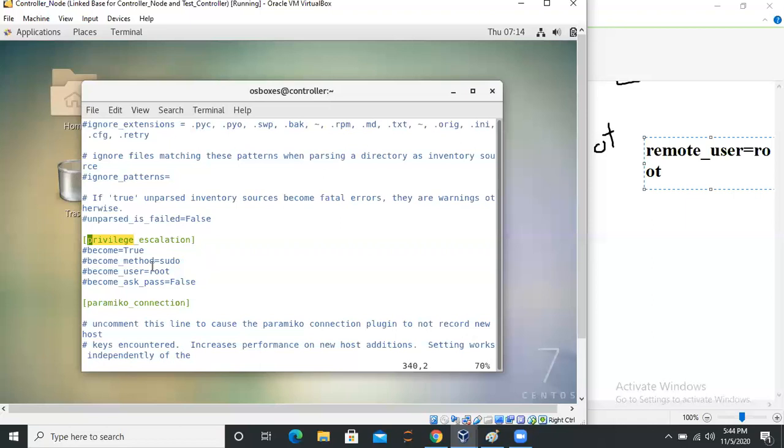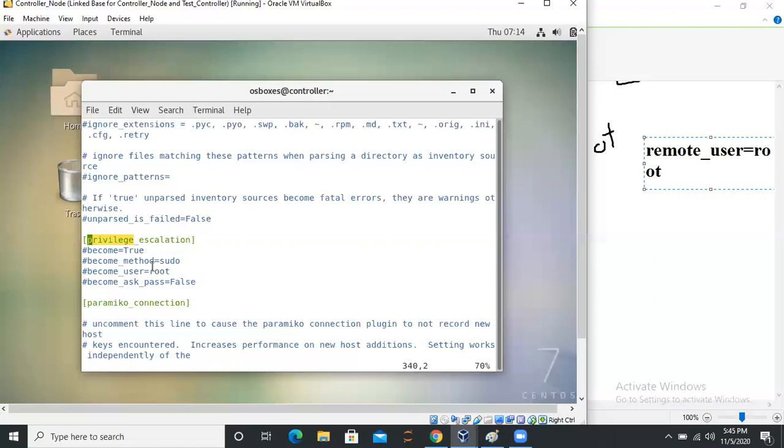So that's all for this video. I know this particular video is so long. So I'll see you in the next video. In the next video, I'll show you some more ad hoc commands and one great thing. We'll start writing our own playbooks, that is scripts. Until now we have been running commands by hand, but now we'll write some kind of scripts, that is playbooks.